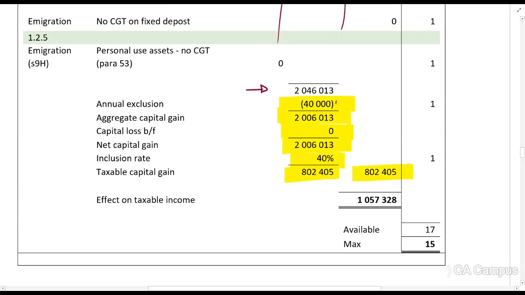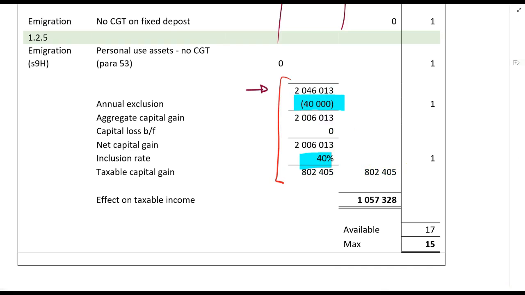Now, you'll get a mark here, you'll get a mark here. I want you to always write this formula out. Even if your answer here is nil, then you say minus 40, it still stays nil, and you write 40%. Just in case you messed up, because maybe you think it's nil, but the answer is actually 2 million rands, and then you lose out on these 2 marks. So you want to score these marks to make sure you write that. Right, that's for the resident.